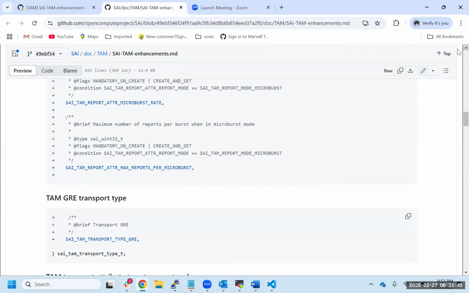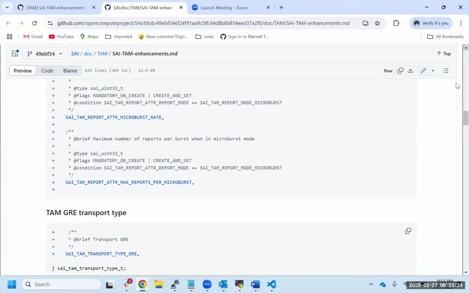Yeah. I think that kind of detail will help to understand what we are trying to do here. Maybe we can give a definition of what a microburst is, because it's not quite clear, right? I think we'll try to illustrate microburst with an example of your code. Yeah, fair point. We can take the existing TAM event and TAM threshold and put that in. And on top of that, whatever events get generated, how they get rate limited based on the microburst mode, we can maybe explain it.